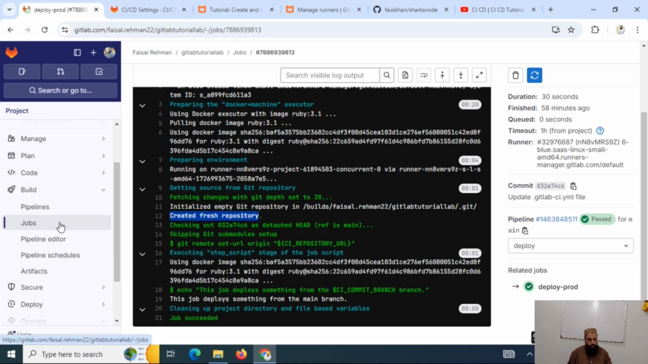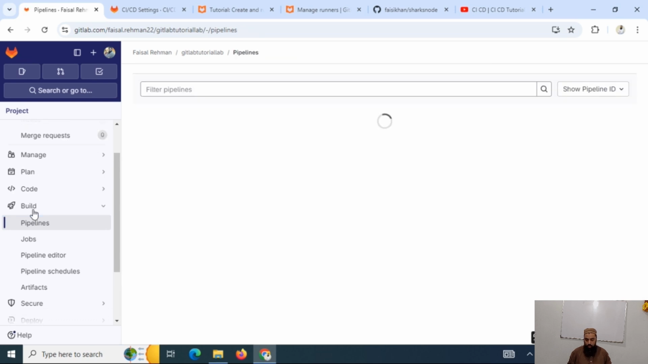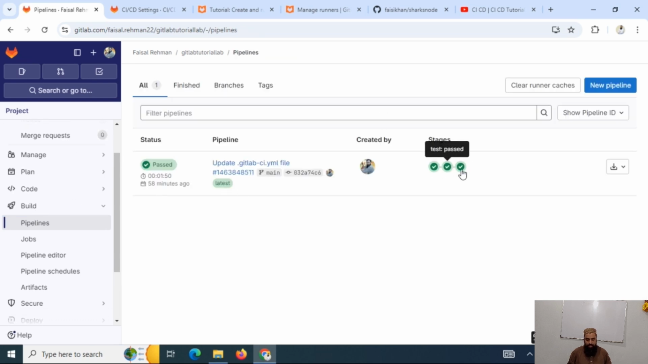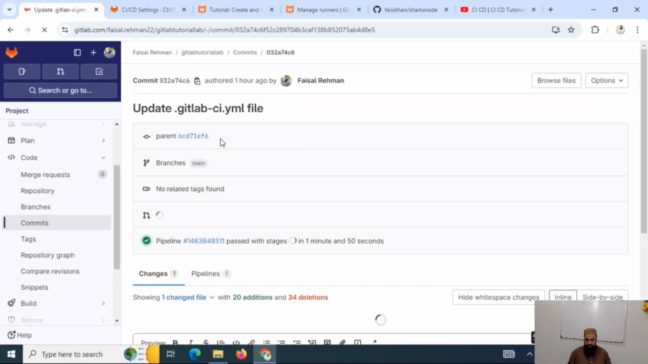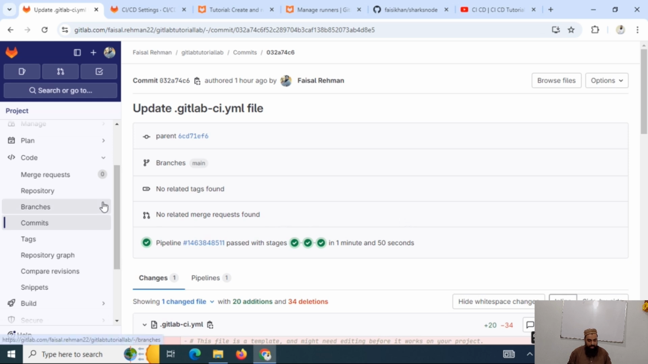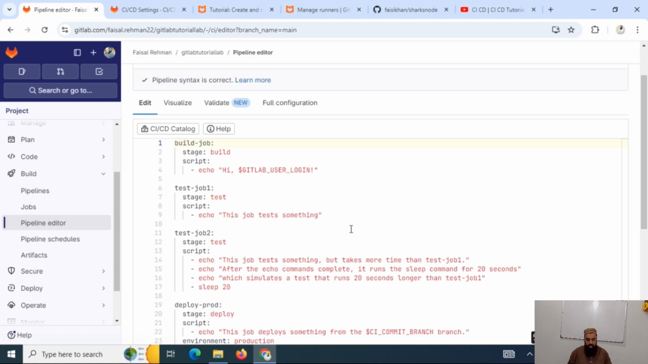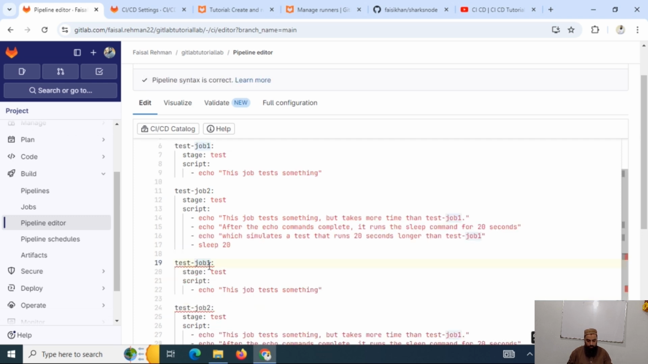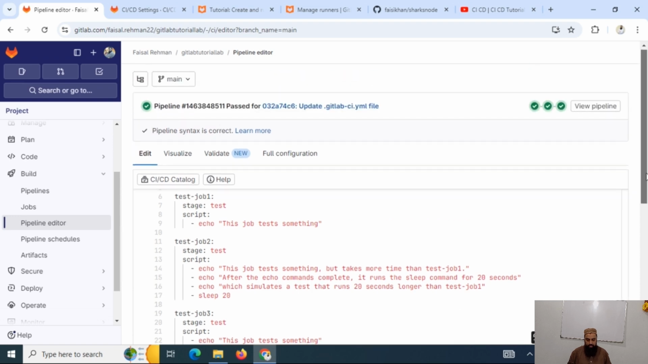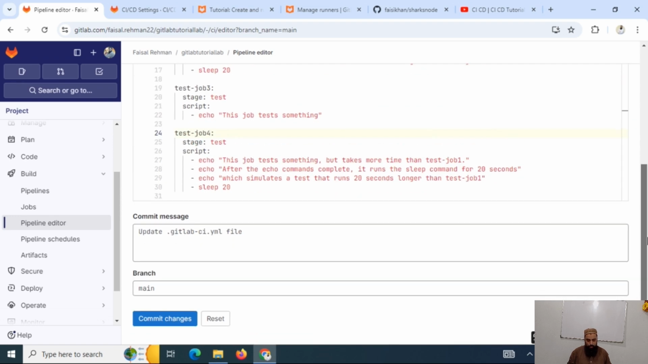And if I go to the pipelines again, you can see all the stages have been cleared, and we can see the gitlab-ci.yml file here, and we can also edit it using the pipeline editor. If I want to add more jobs here, for instance, this is my job 3 and this is my job 4. So that's how I can add more jobs, and after that we can commit the changes to the main branch,